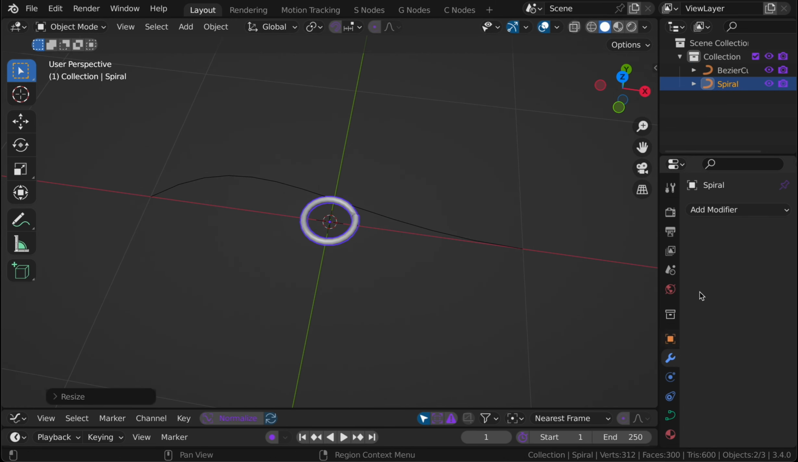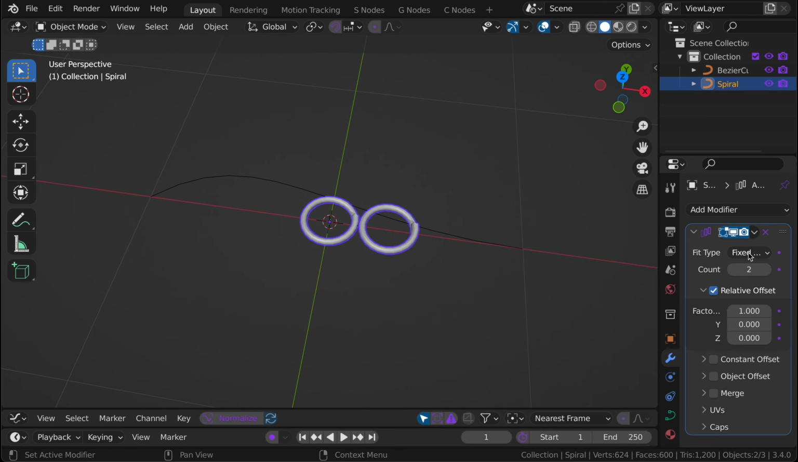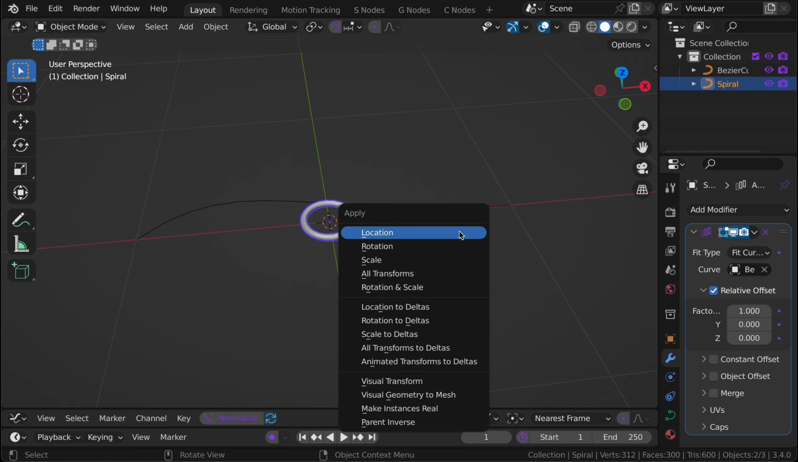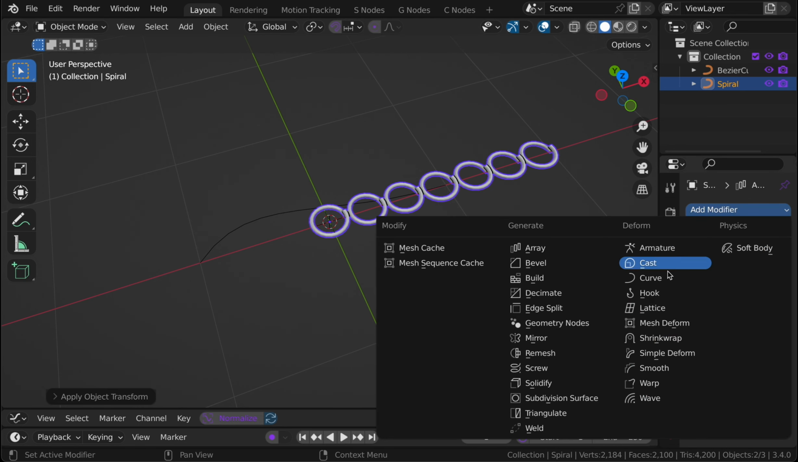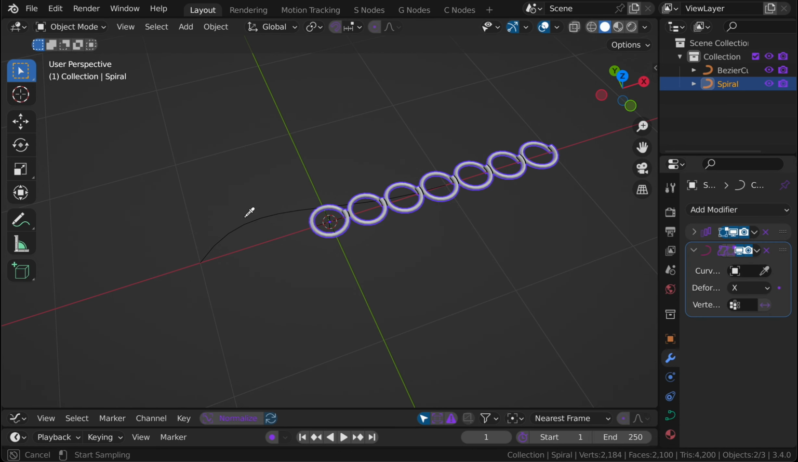And now I'm going to go to Modifiers and get an Array modifier. I'm going to change this from Fixed to Fit Curve and select the Bezier. I'm going to apply all transforms. And now it's created the number of instances, I don't know what you'd call them, that it would take to fill up the curve. Now to put them on the curve, I'm going to get a Curve modifier and select